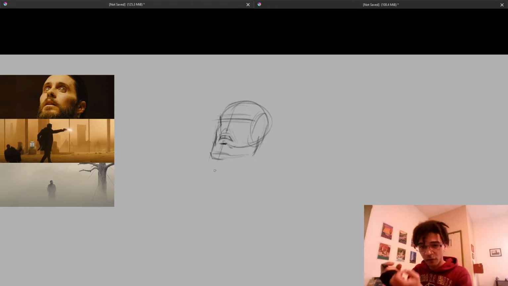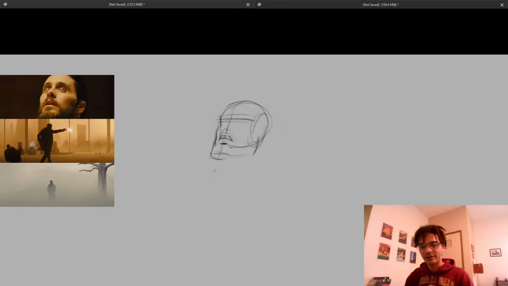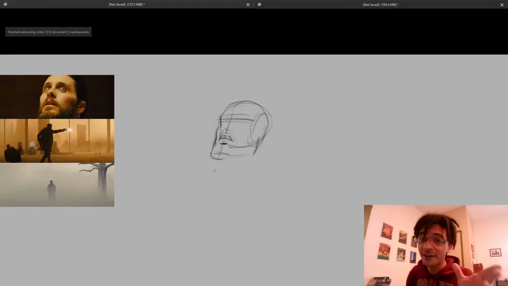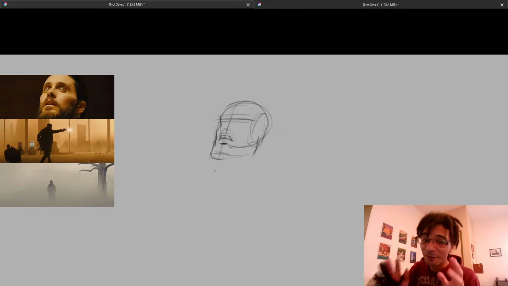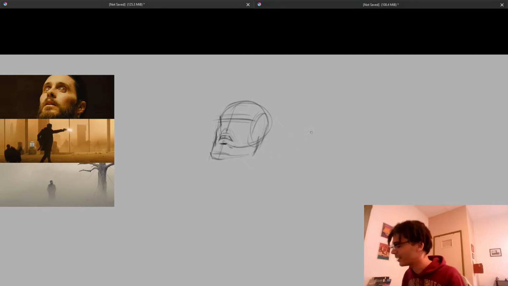Okay, what forms and shapes interlock to create this overall form, right? How can I deconstruct this thing, right? And it's important to understand that for an artist, there is no universal anatomy, all right? Every character, every face has an anatomy of their own. And what I mean by that is,